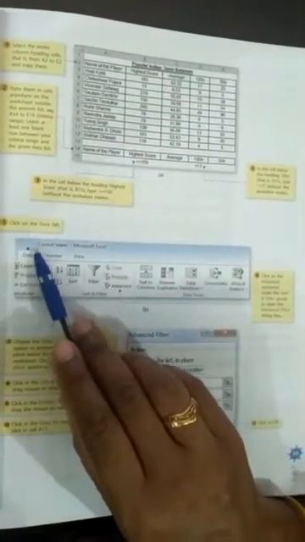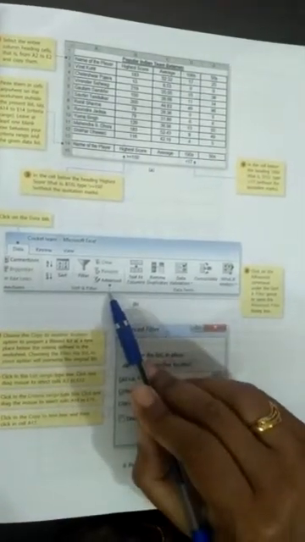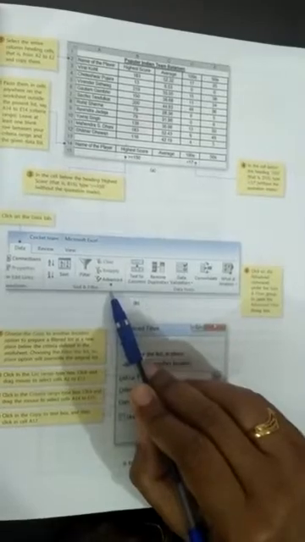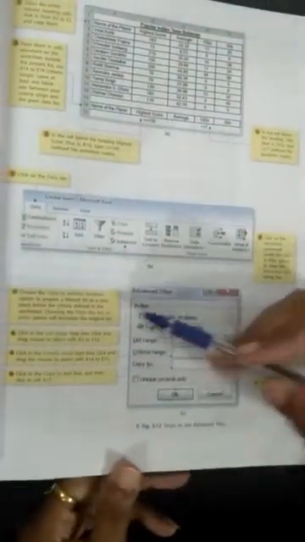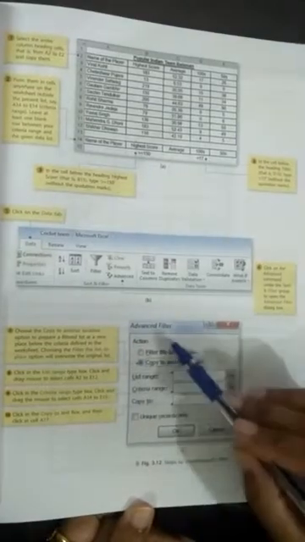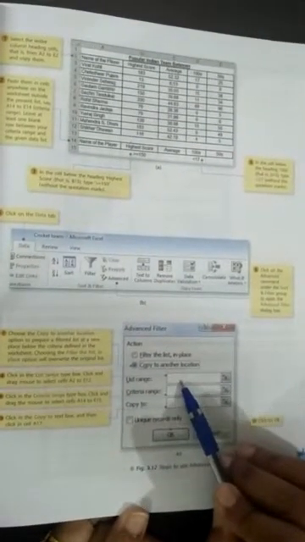Then go to the Data tab. Next, the Sort and Filter feature. Select the advanced filter feature. Then you will see the advanced filter dialog where you have to fill in the data.